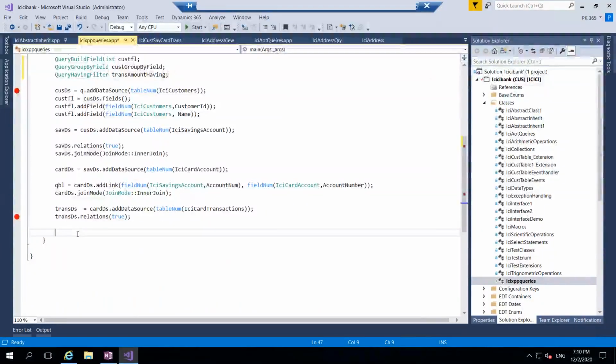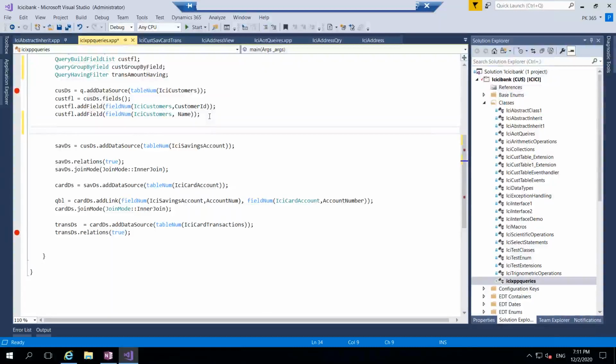We are done. Now here, what I will do is I need to add the group by field. So what is the group by field you want to add? We want to add the group by field as customer ID and then name. Okay, which is for a customer data source. Is that right? Which is for a customer data source. Now here I am done with the field list, and then what you can do? You can simply add